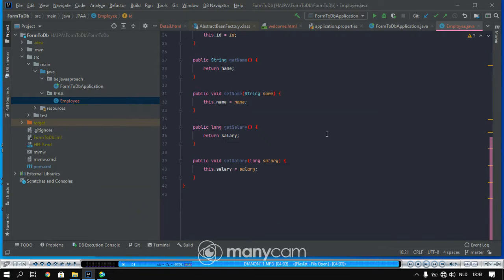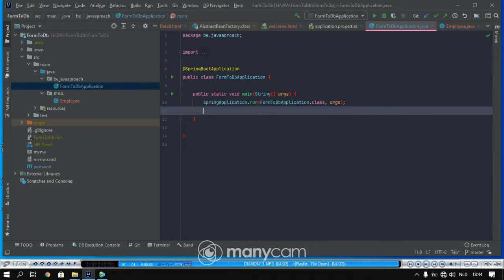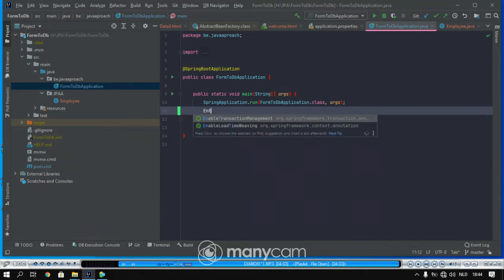It's not the right time to do that. But when we want to use entity manager factory, I'm going to my class here. Remember, I don't have internet connection, and that's why we are not able to make a connection with our database. But we are using it like this: entity